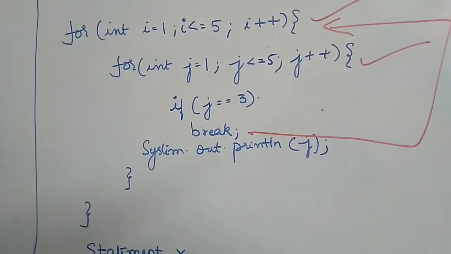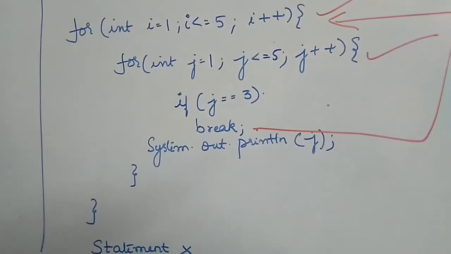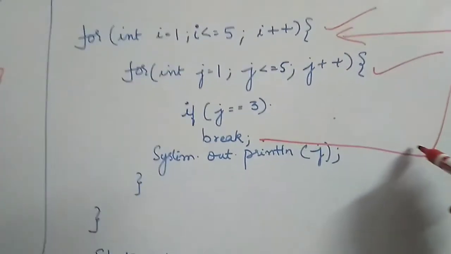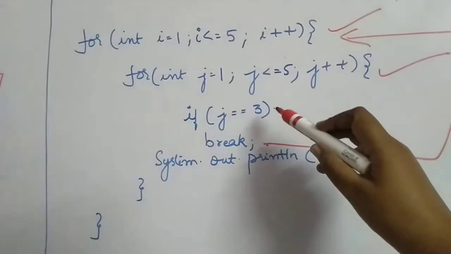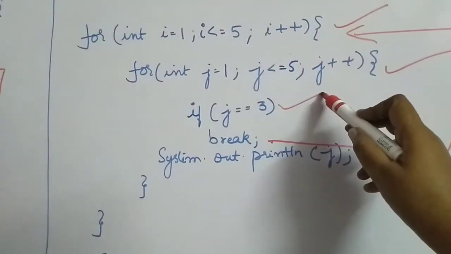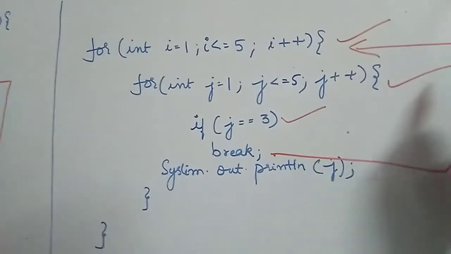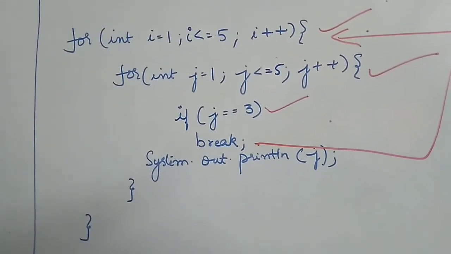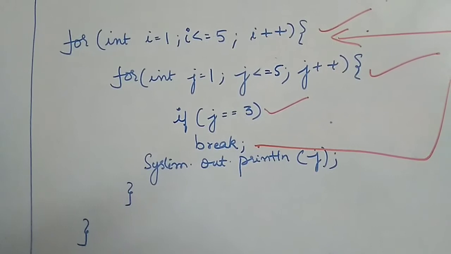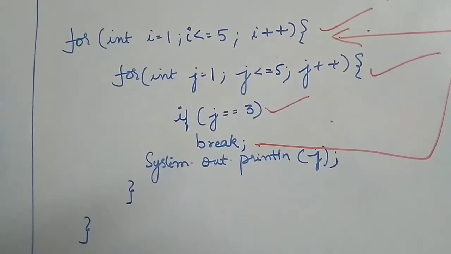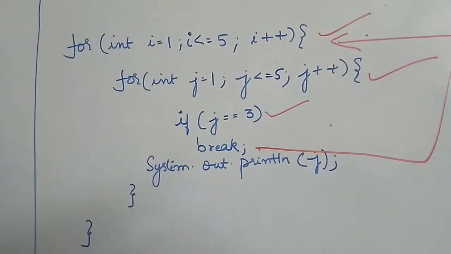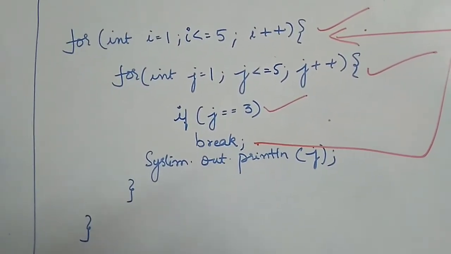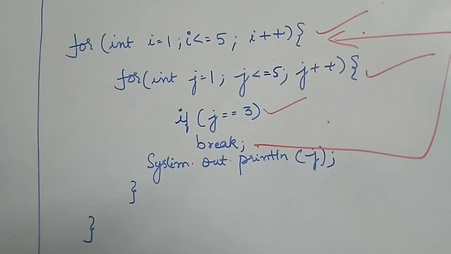I want you to just make a note of it. We are not coming out of the outer loop, we are just coming out of the inner loop. The inner loop is terminated abruptly when j is equal to 3. So the control goes to the outer loop. Now there is a facility of using a break in the inner loop but still coming out of the entire outer loop, or the entire nested loop, and that is by using the labeled break. We'll just see that.